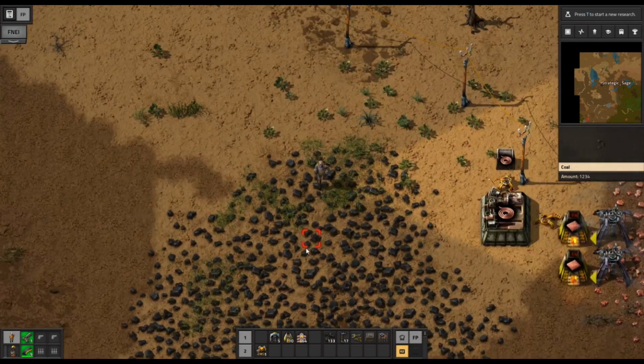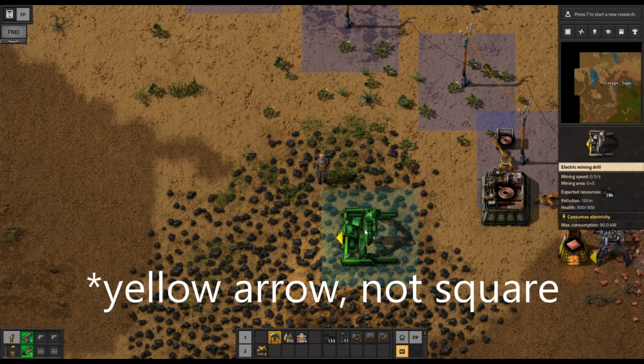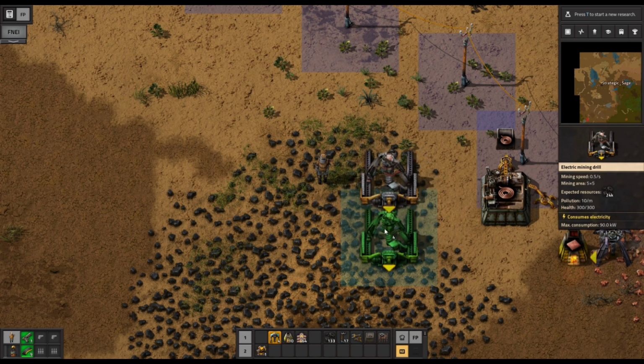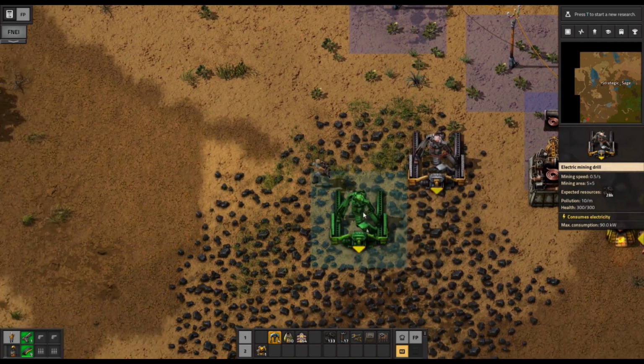So we're going to place these up here in this corner. And notice that we have this green square around it so that the mining area, that 5x5 area, is actually larger than the physical area of the mining drill itself. And that makes things quite easy. We're very used to where that yellow square is and rotating it around by now. What we want to do is just place it on the edge. So to do this northeast edge,